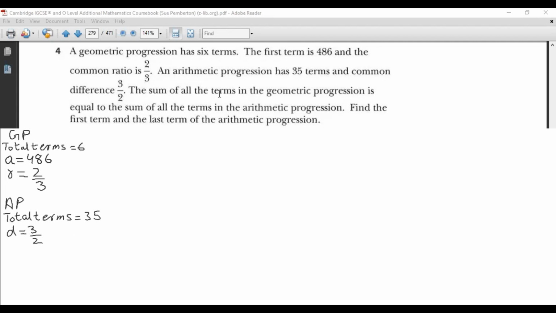Now the sum of all terms in the geometric progression is equal to the sum of all terms in arithmetic progression. Okay, this is the thing which is given. The sum of all terms in geometric progression. In geometric progression, how many terms were there? 6 terms were there over there. Okay, so